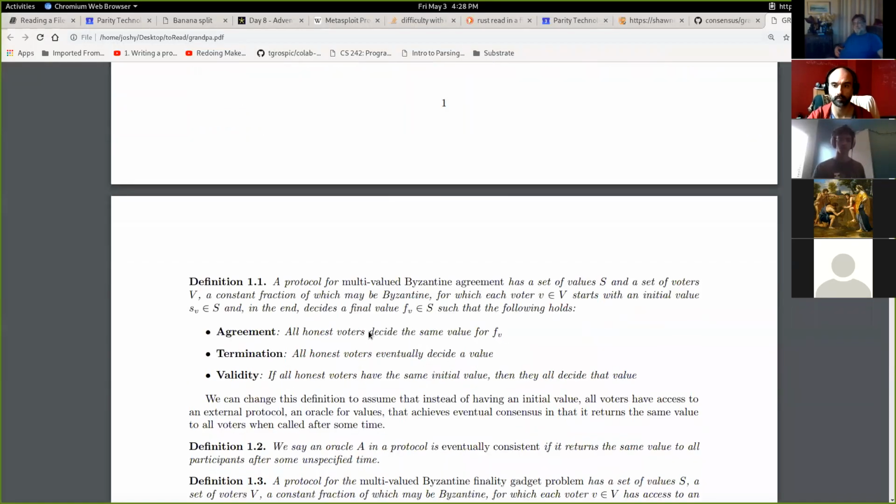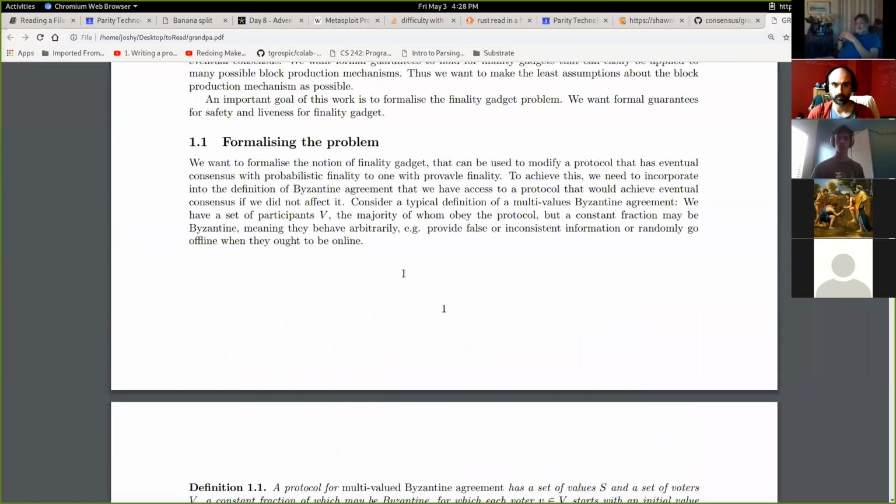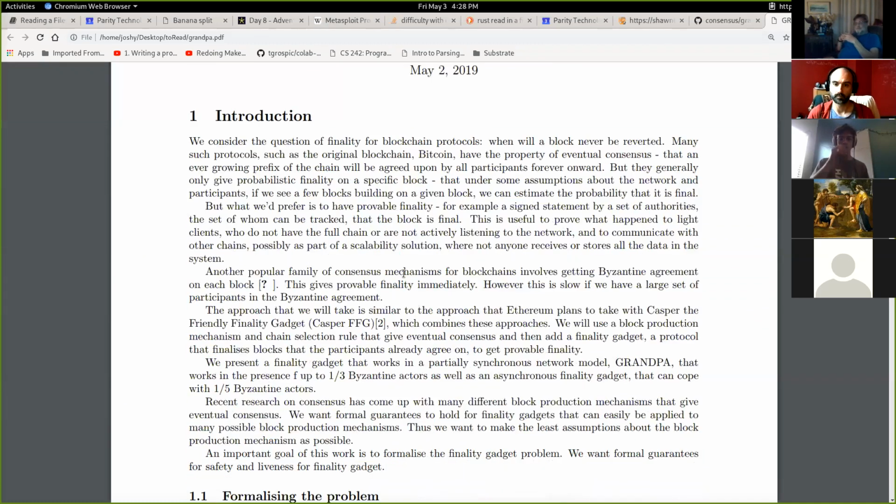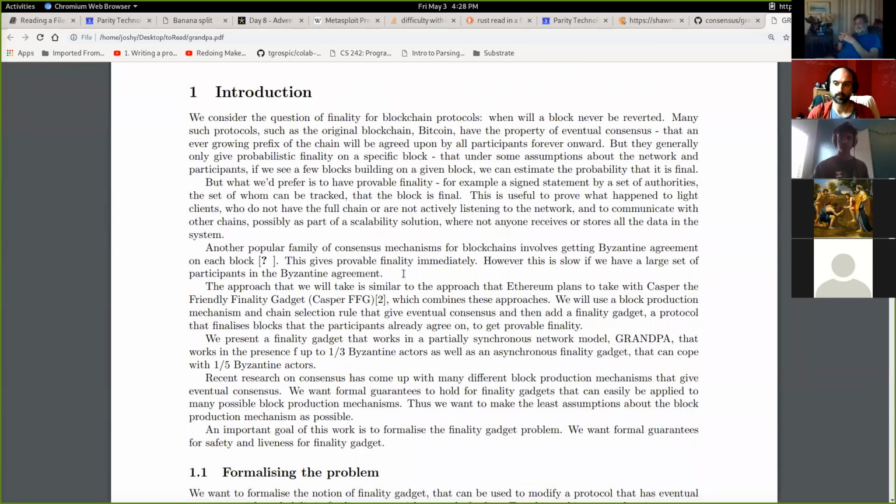So do you know their reason for creating GRANDPA? Like what they're trying to solve? Oh, that's a really good question. I know for sure that one thing they're trying to solve is the problem of finality. We want to be able to say more than just with arbitrarily high probability, but with certainty that this block is in the chain, that the block where I paid for whatever is not going to be reverted. So maybe it says in the introduction. Yeah, what were you thinking of? Well, I'm just thinking, why didn't they use Casper or one of the existing finality gadgets?